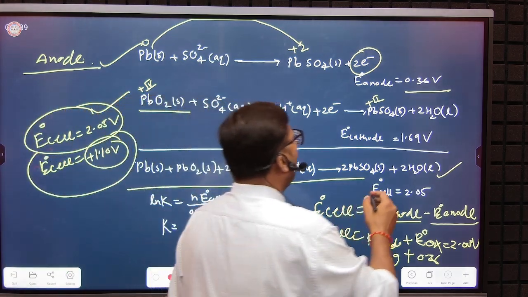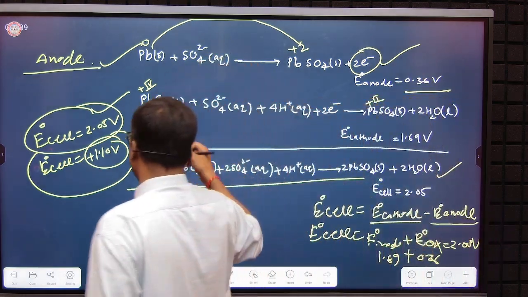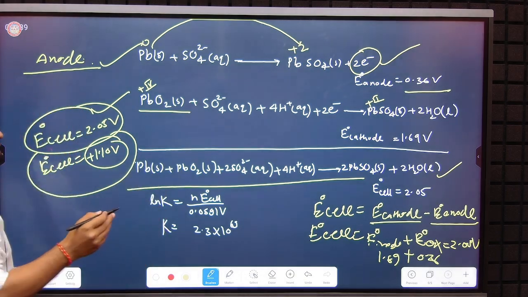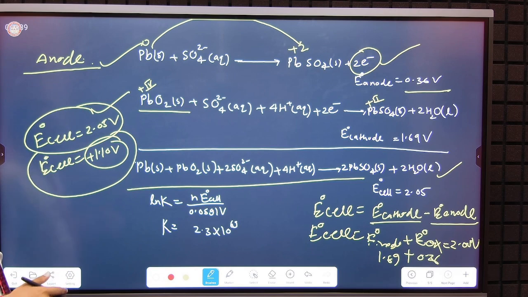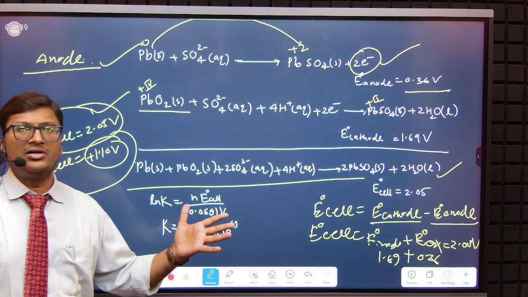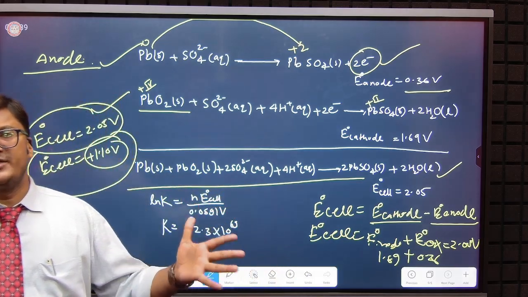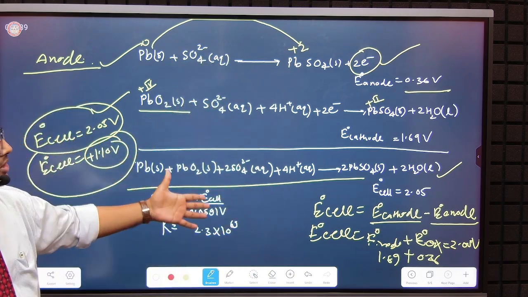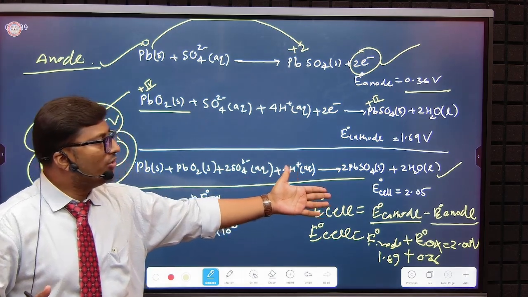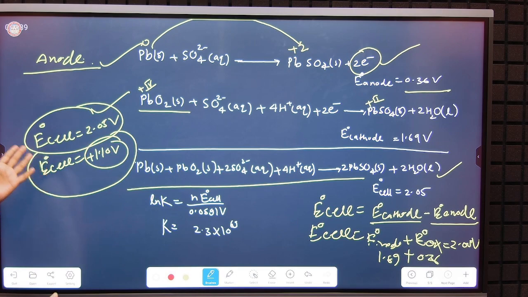Here also two electrons are transferred in this reaction, and in the zinc-copper galvanic cell two electrons are also transferred. So the number of transferred electrons is the same in both cases, but the overall cell potential is different. For this setup the cell potential is very high, 2.05, and in the zinc-copper galvanic cell it is